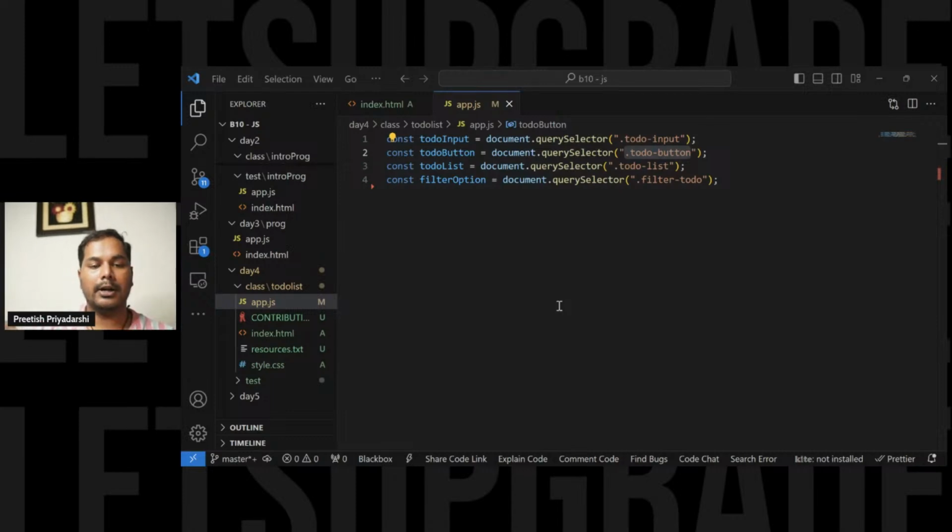So basically, the document.querySelector method searches the HTML document for an element that matches the provided class selector, and it returns the reference to the first matching element. It will return the reference to that particular matching element. So basically we are targeting that element right here. By creating a reference to that element, we can